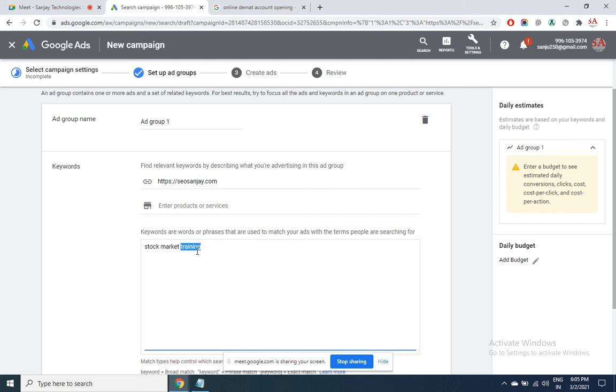And the highlight is, even for wrong spelling the ad will get displayed. Someone may be searching with stock MARKT, the E is missing. It's a wrong spelling in the user's query in the Google search box. Though you have stated your right keyword, someone searching with a wrong spelling, even then the ad will get displayed. So with this single keyword that you have stated, the ad gets displayed for several hundreds of keywords, wherever even a part of the query is matching with a part of the keyword, or its meaning, or even a spelling mistake.